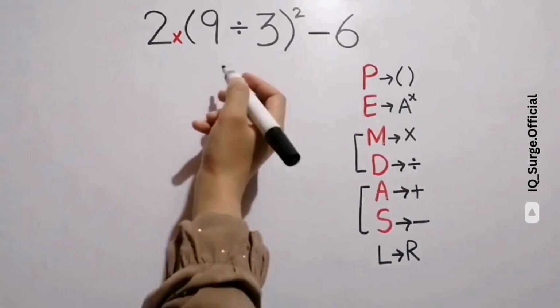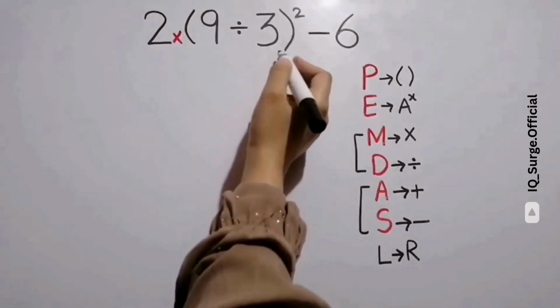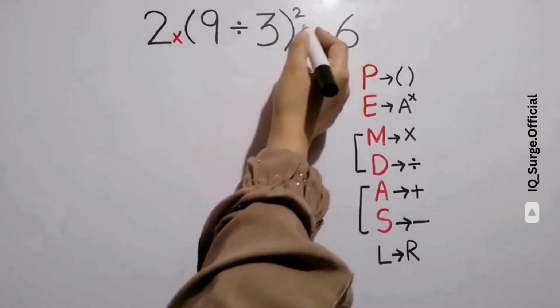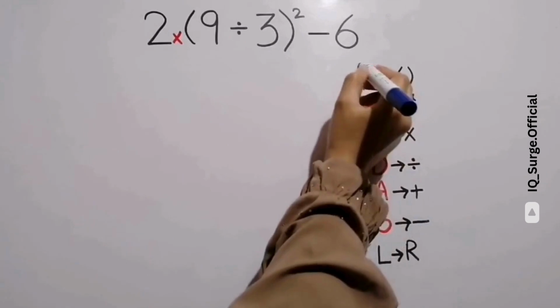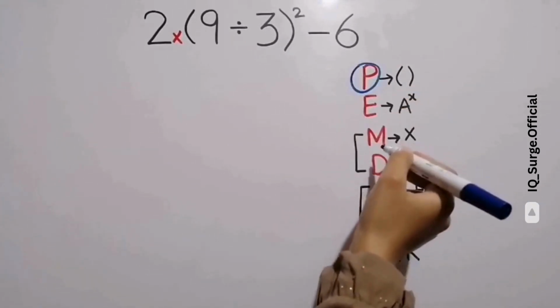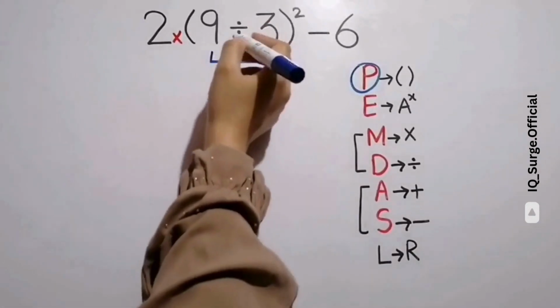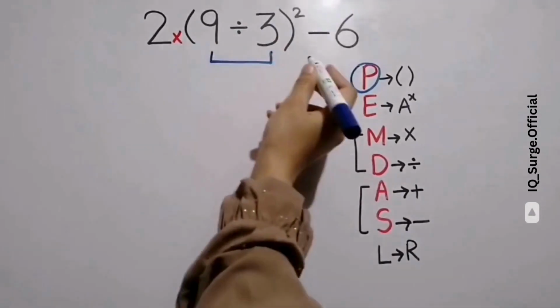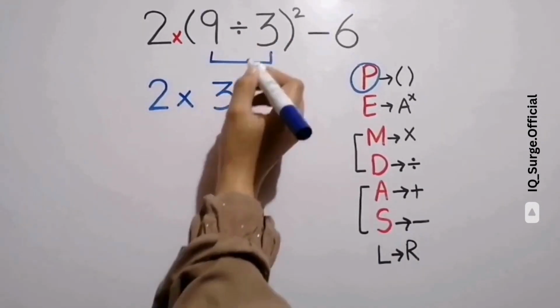As you can see on the screen and in this expression, first we have multiplication sign followed by parentheses then to the power of 2 and finally subtraction. According to the PEMDAS rule, first we simplify the parentheses, because parentheses have higher priority than all other operations. So, first we do division between 9 and 3, and simplify this expression to 2 times 9 divided by 3 equals 3 then to the power of 2 and